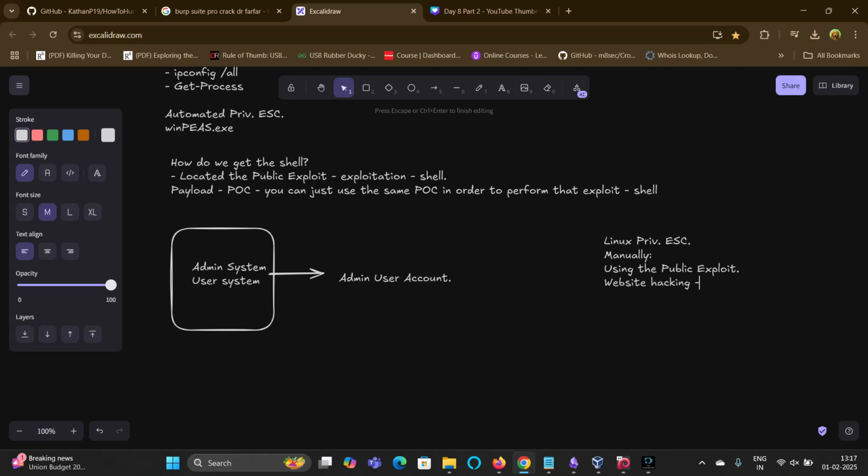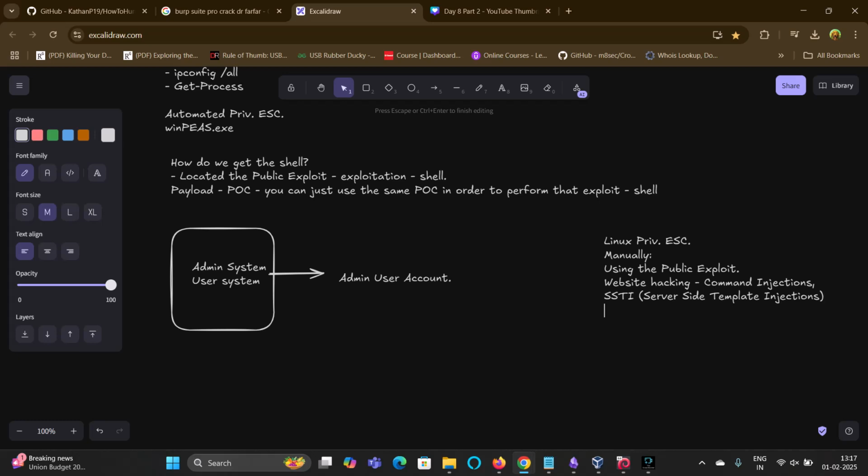You can perform the website hacking by implementing command injections, or SSTIs, that is, server side template injections. So this is basically the manual approach.